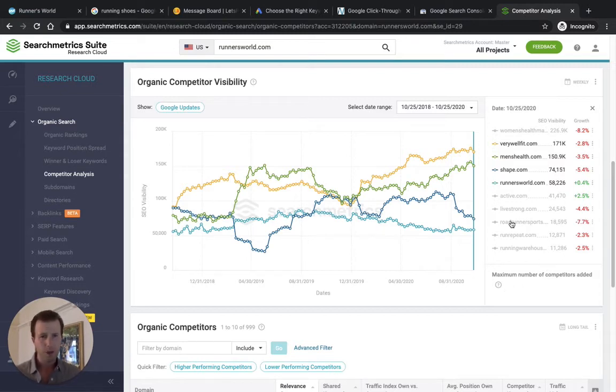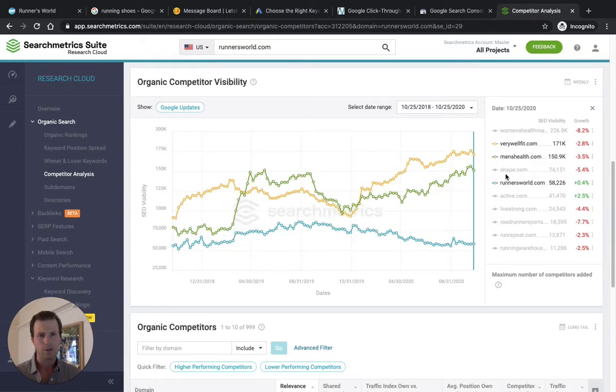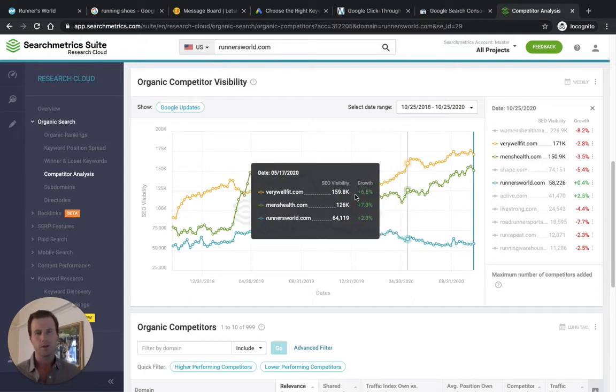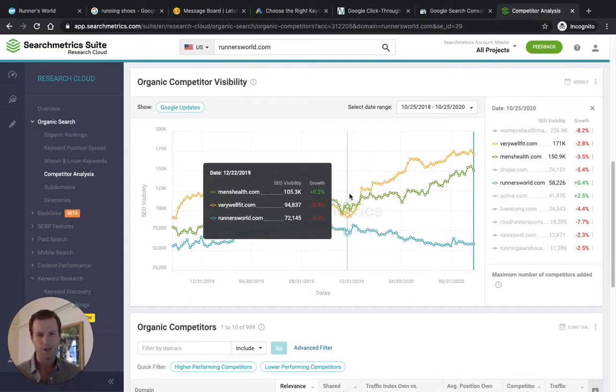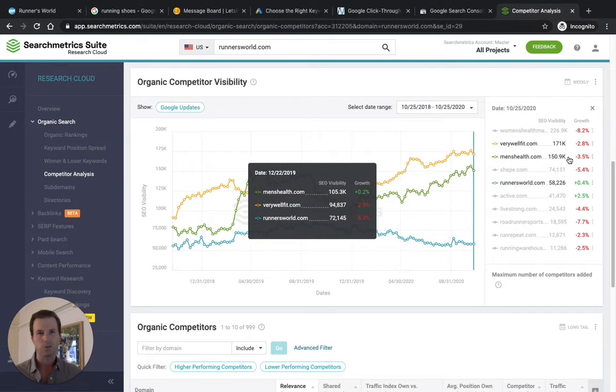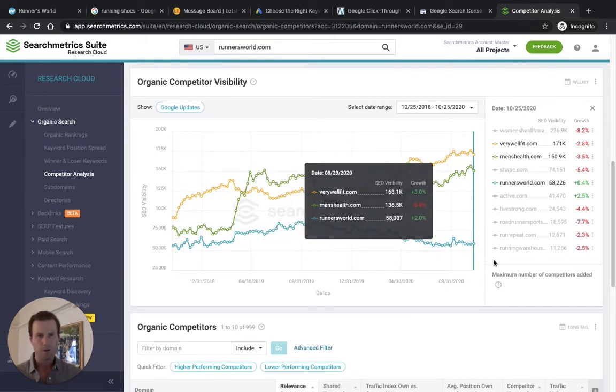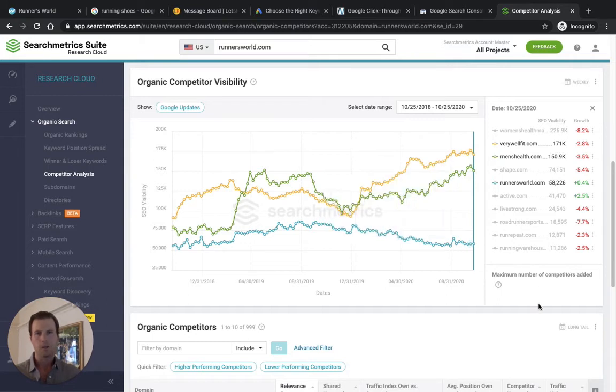So what you could do is, if we just take out shape.com as an example, you can see Men's Health, Very Well Fit. They've had a pretty good run over basically the last year. This is basically a 2-year trend line. So we might go, okay, let's take a look at these different websites and see what keywords they're ranking for, or improving on, or maybe keywords that they're ranking